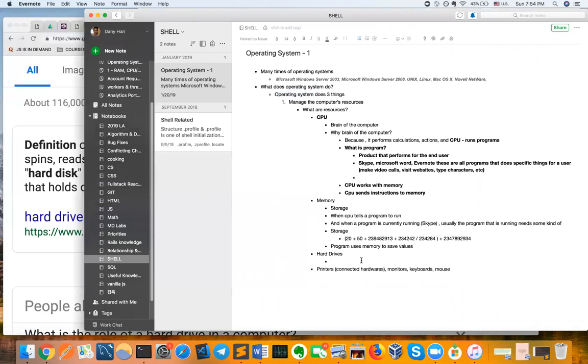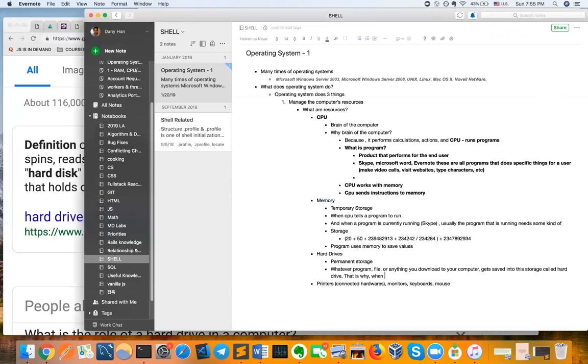That's exactly it. So hard drive is permanent, while memory is temporary storage. When a program stops running, everything it has stored in memory no longer needs to be kept there, so everything gets flushed. That way, when you run another program, that program will be able to use memory. But hard drive is permanent storage, which means whatever program, file, or anything you download to your computer gets saved into this storage called the hard drive.